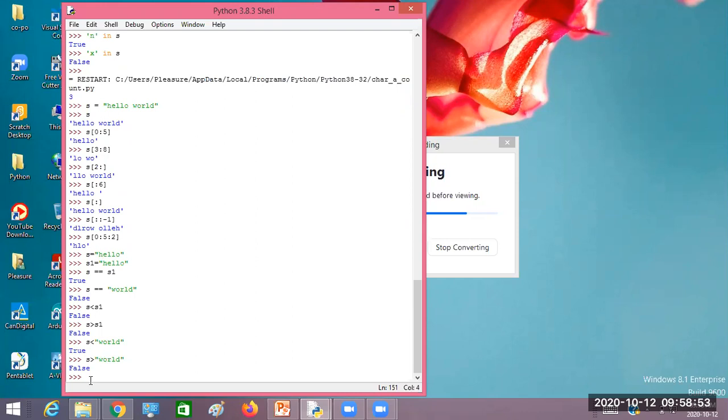Did you understand string comparison? Is string comparison a difficult task? No. These are simple relational operators. As we use relational operators with integer numbers or floating point values, you can use these relational operators with strings also. It is the beauty of the Python programming language. They are made very simple. Use these concepts.